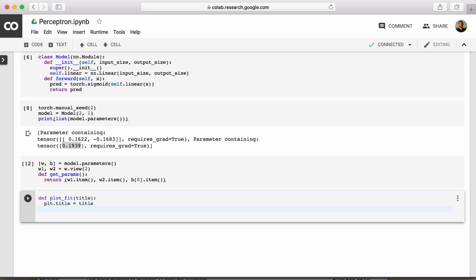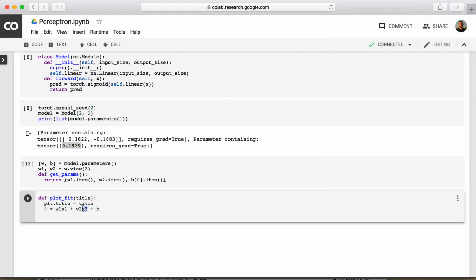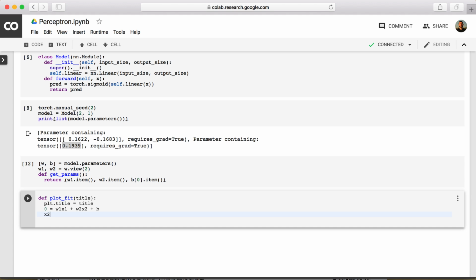All right, and we saw in the last video that the equation of a line can be rewritten as 0 is equal to w1x1 plus w2x2 plus 1 times b. For concision, we can just get rid of the 1. It does not make a difference. And as you might recall, x2 is simply the y value, which we must isolate in order to plot our graph. And doing this algebraically, you would simply end up with x2 is equal to,